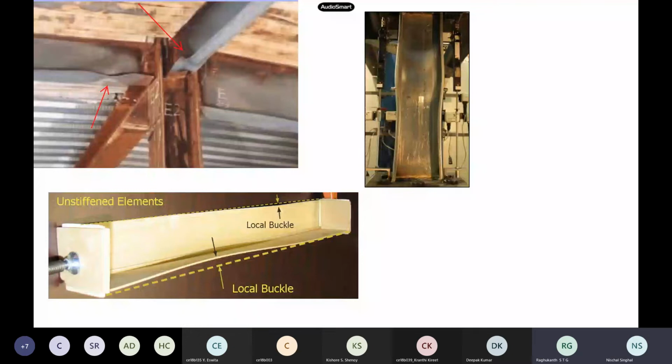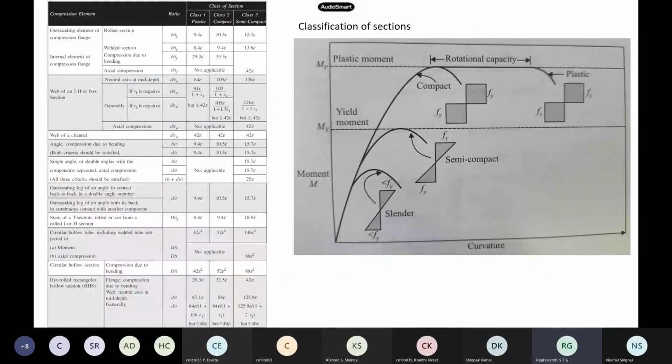Quick recap: in the last class we have closed one unit. This local buckling also we have seen, and this is a very important thing, the classification of the sections. We will come back to this once again when we discuss beams, and even our columns. It is very important for you to classify the sections. In IS 800, Table 2 is very important. The plastic section is the idealized section, then compact, semi-compact, and then slender. These slender sections are ruled out in our design itself.